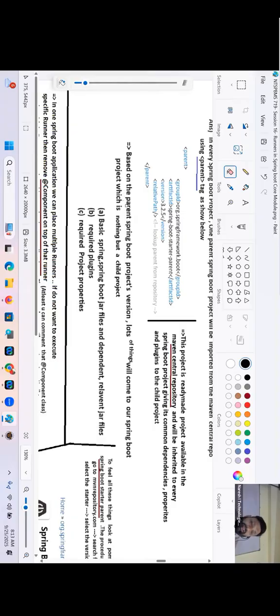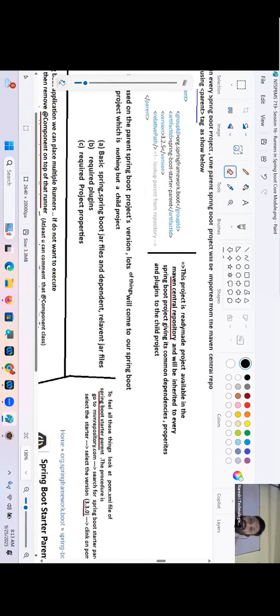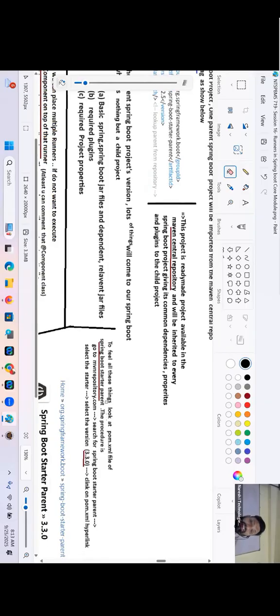Based on the parent Spring Boot project version, lots of things will come to our Spring Boot project, which is nothing but the child project: the basic Spring Boot jar file, dependent jar files, required plugins and required project properties. They will come automatically or not, guys? To see these things, look at the pom.xml of